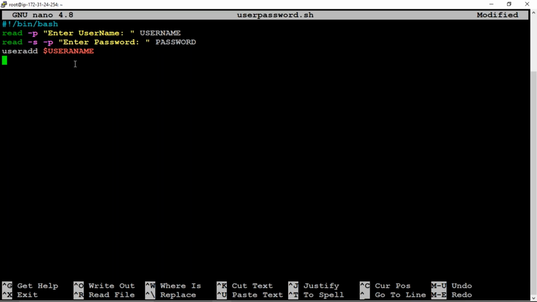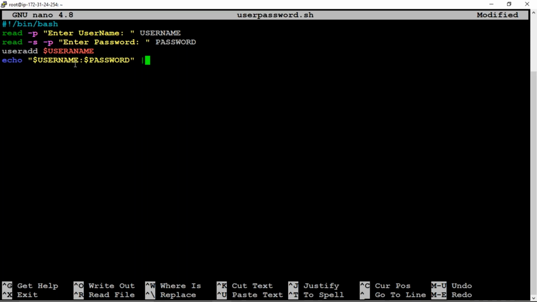For that, echo the variable username, which is matched with password. Whatever user and whatever password we are trying to create, that should be matched with the user.